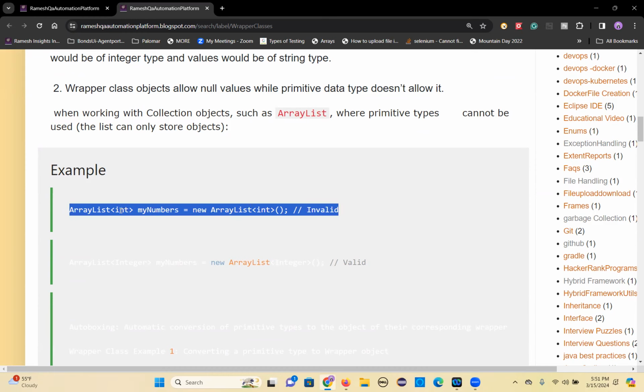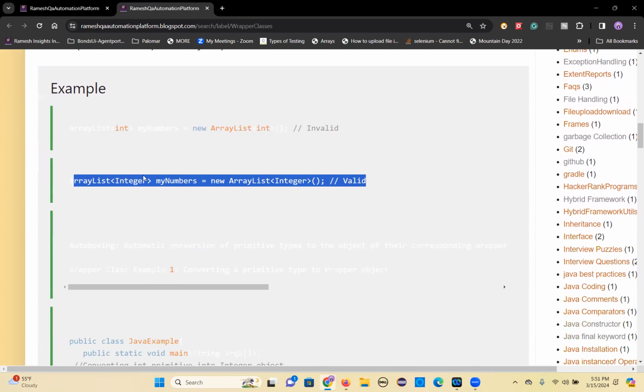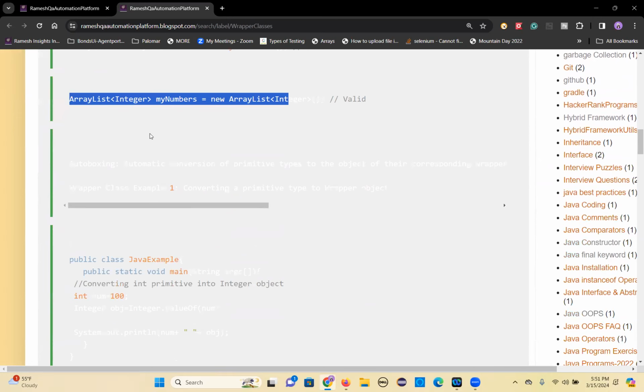See, this is invalid. Why is it invalid? I am using a primitive. That's wrong. But you have to write it like this. So ArrayList. So you have to write it like this. So in order to do that, you need